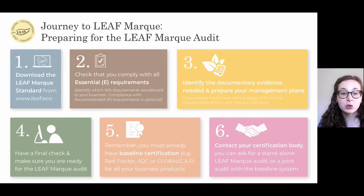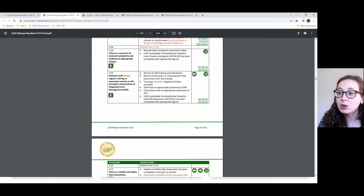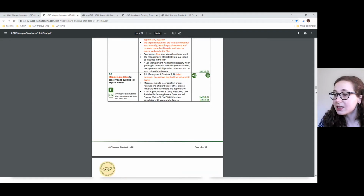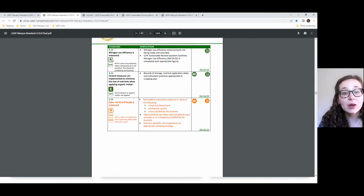So have a look at the essential control points, and I'll show you how you can find those. They're indicated by an E. So all of these are essential. And I'll scroll down to where you can find a recommended. Yeah, so R is recommended. Do prepare if you can, but if you get a non-conformity against one of these, you don't need to resolve